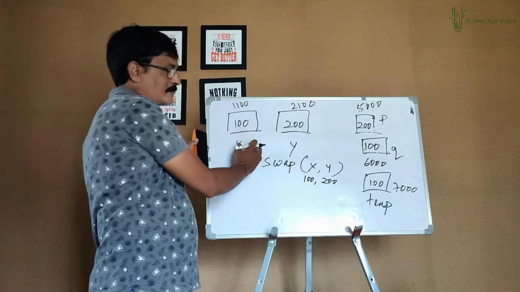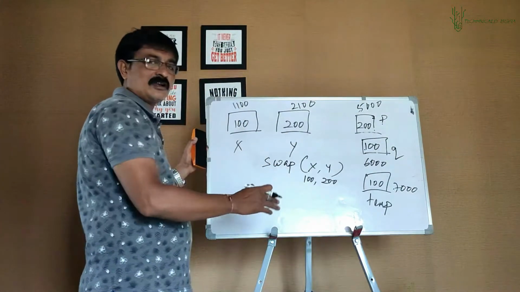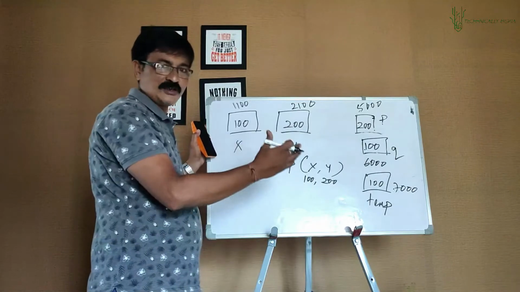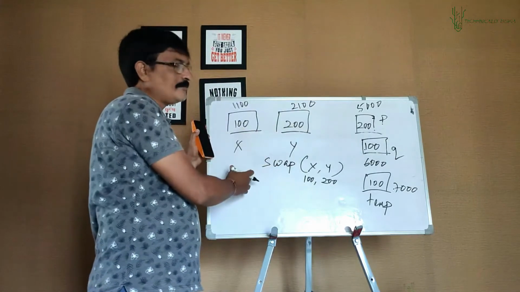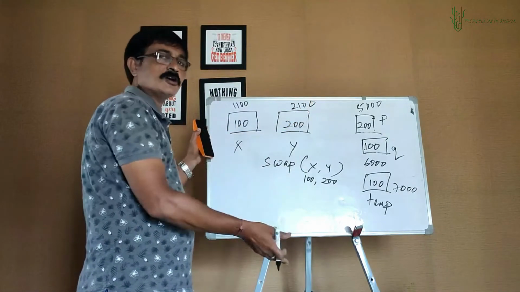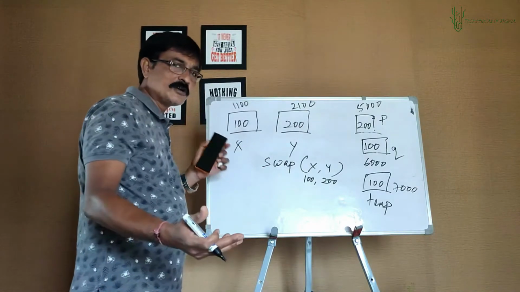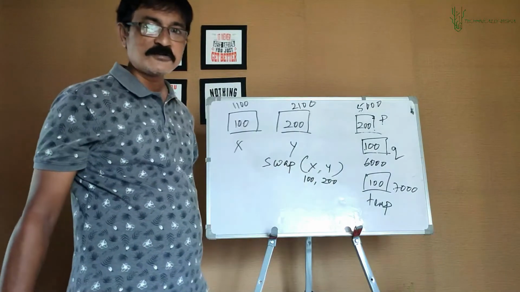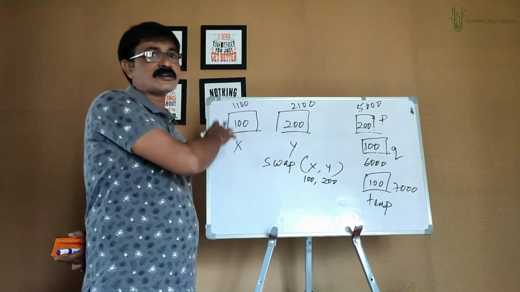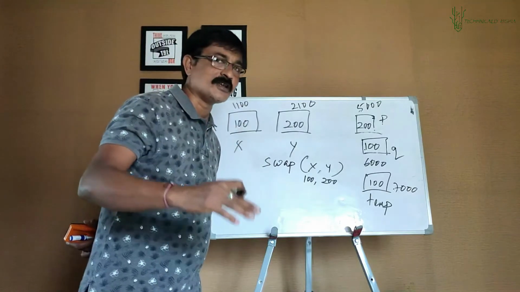Look at main function, x and y are still as they were. No changes. Because they belong to main function, they don't belong to swap function. So when you go back into main function and print the values of x and y, what will it print? It will print the same values, isn't it? This is a classic example of how call by value really works.